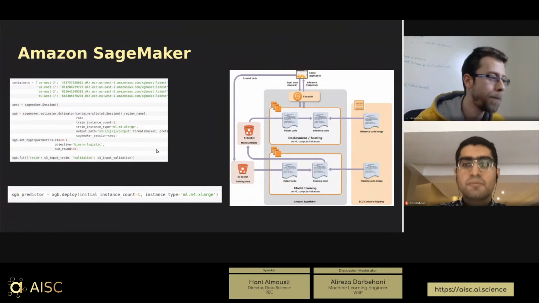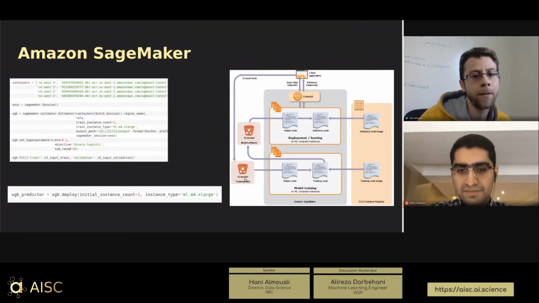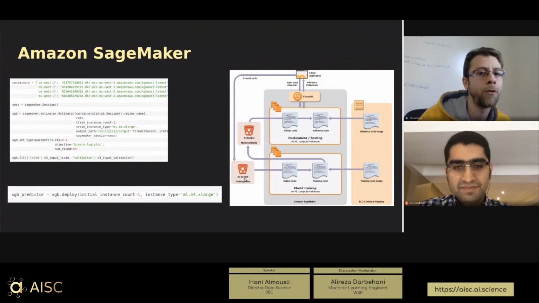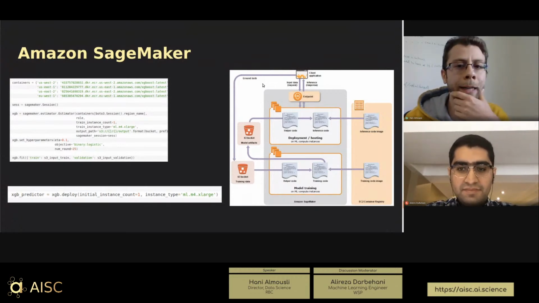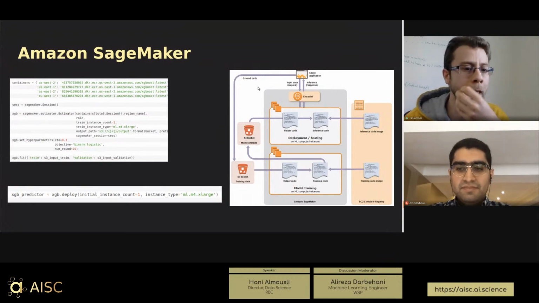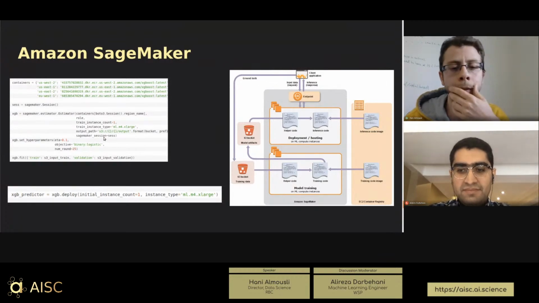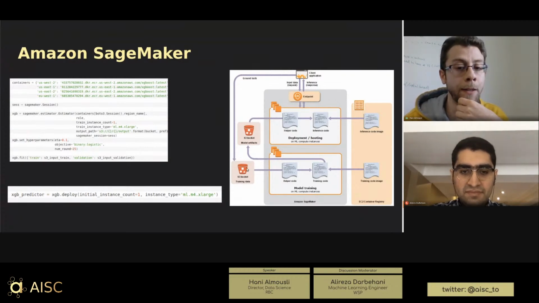So right now, I know that my data is on an S3 bucket and it's ready in a format that's ingestible by the model. So let's focus on the right picture first, just to show you the idea, and then I can describe the code on the left. The idea here is that if your data is on S3 and it's ready for the model, now we want to use SageMaker.